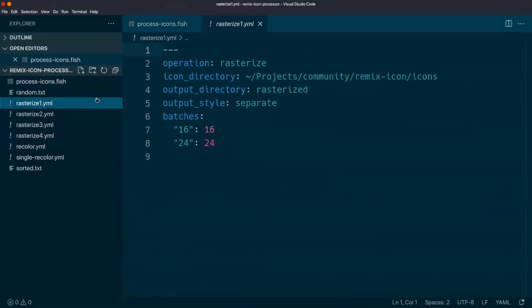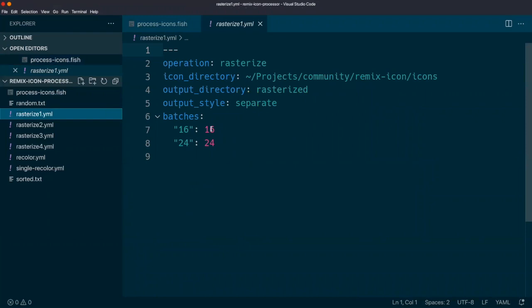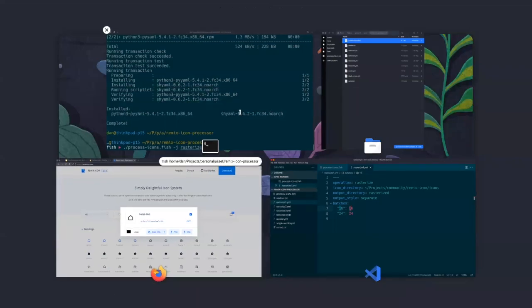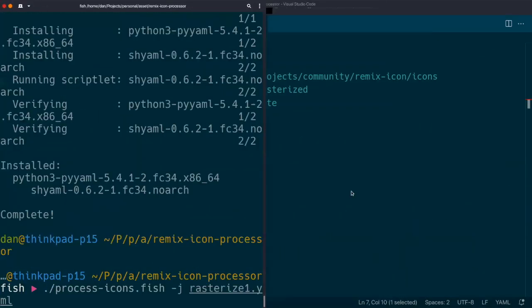If I open that file, I basically created my own quick little file format that contains information about what to actually do. This is going to take my SVG files and it's going to rasterize them. That means basically convert them from one format to another. And I've created these batches where it's going to create them in different sizes, specifically a size 16 pixels large and a size 24 pixels large. And if I go over here and I execute this command,